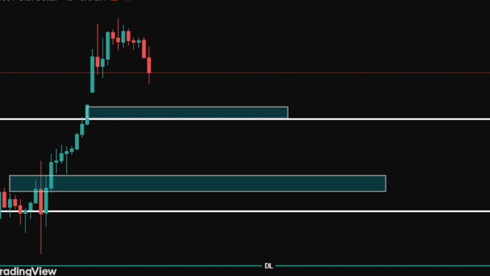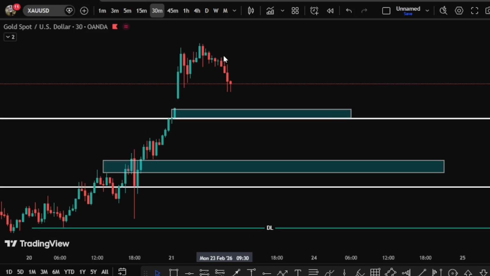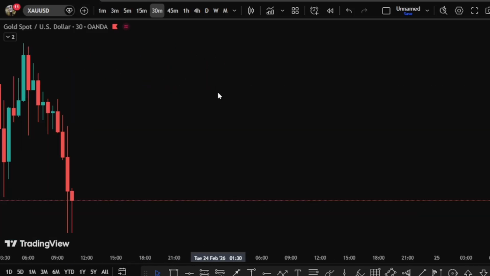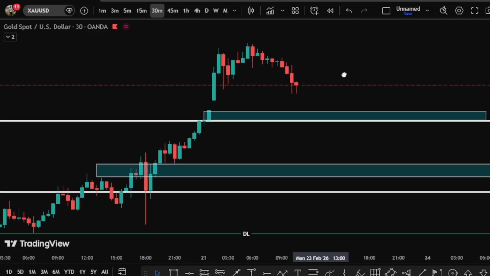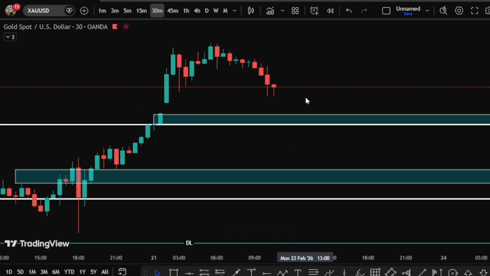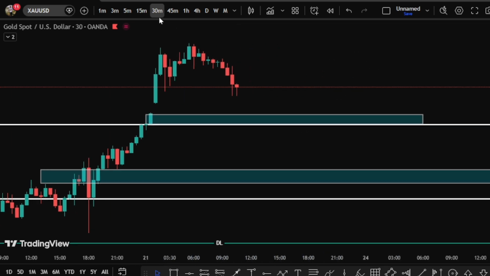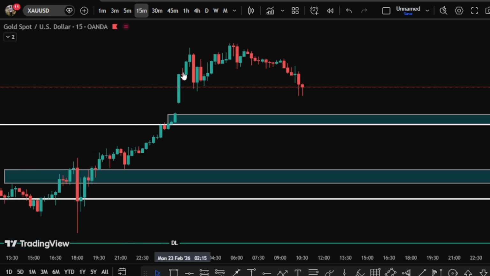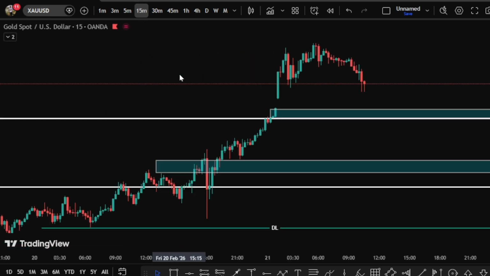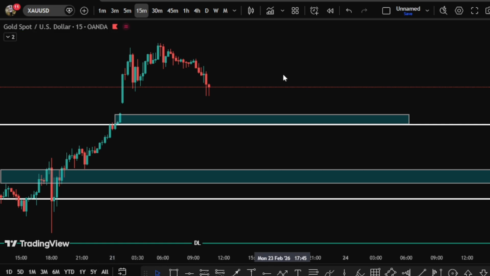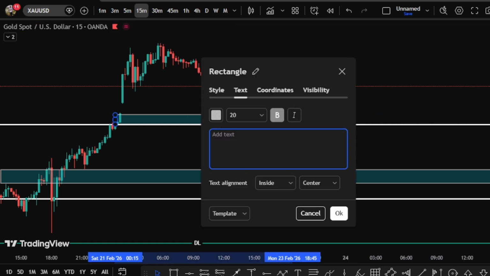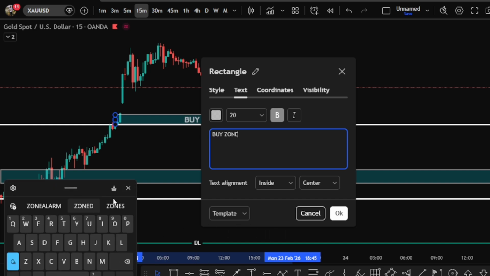To confirm the zone, we go to a lower time frame, like 30 minutes time frame. We had a gap here, so we can wait for the price to refill the gap, this gap here, and then come to this zone. Okay, white line, then continue going up. Or we can go lower to 15 minutes time frame. Yes, the same. So my first area is this zone. My first buy zone will be around this zone,